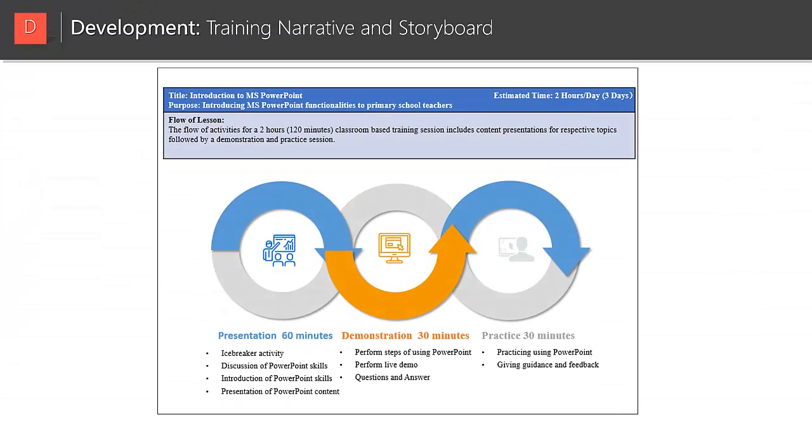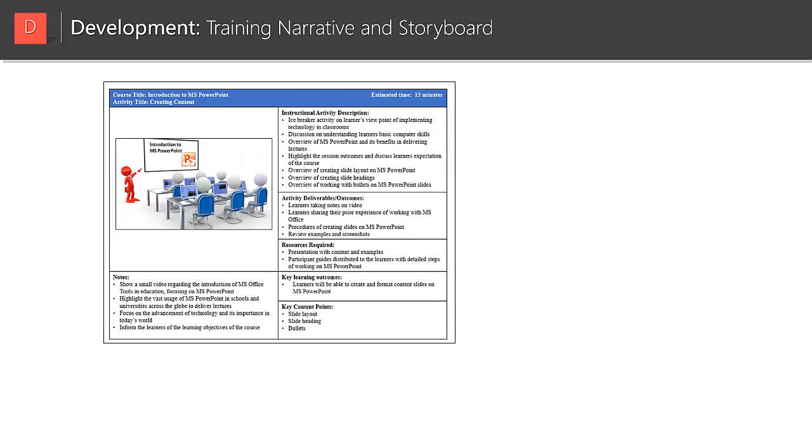The flow of activities in the classroom would run for 2 hours, as it is a classroom-based training session and would include content presentation for respective topics, followed by a demonstration and practice session each day. The presentation of the day would run for 60 minutes, which would include icebreaker activities each day, discussion of the PowerPoint skills, introduction to the PowerPoint skills, followed by presentation of the PowerPoint content, which would cover the functionality and